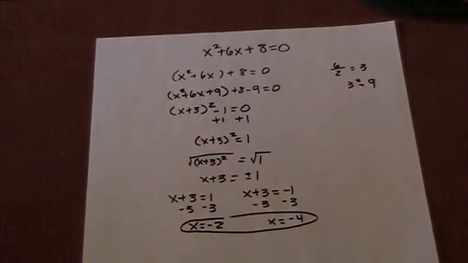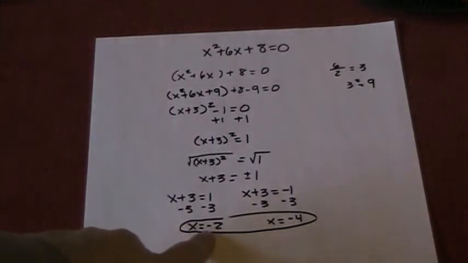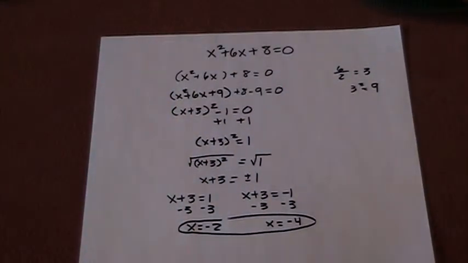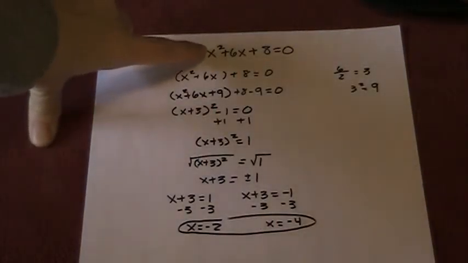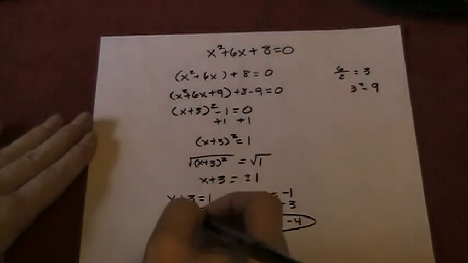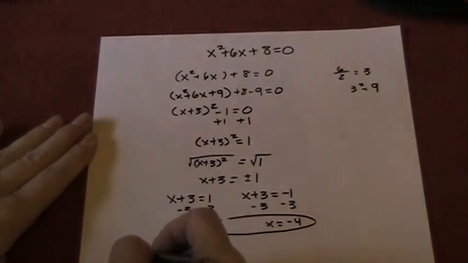Now, what you need to do at that point is check your answer. So what you would do is you would take your x value and you'd plug it into your original equation to solve. And the way you would do that is you would use parentheses. So wherever you saw an x, you would plug in parentheses negative 2. So, for example, if I was checking with negative 2,